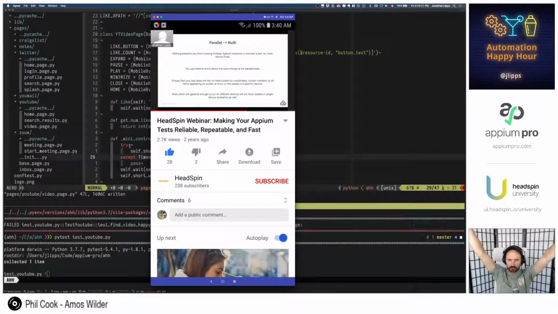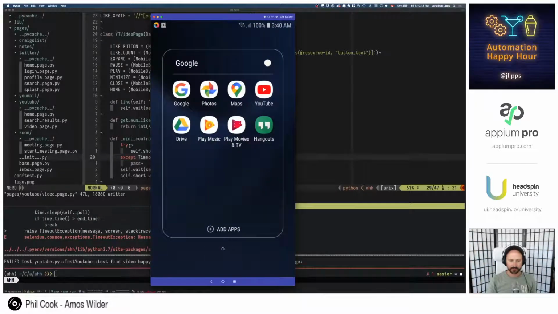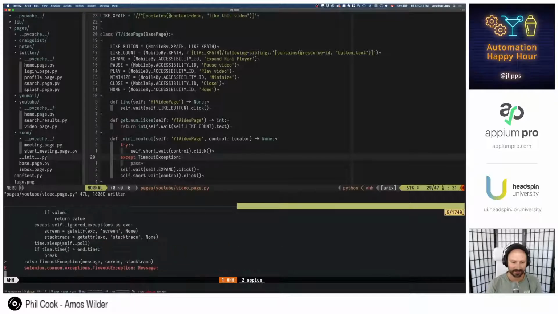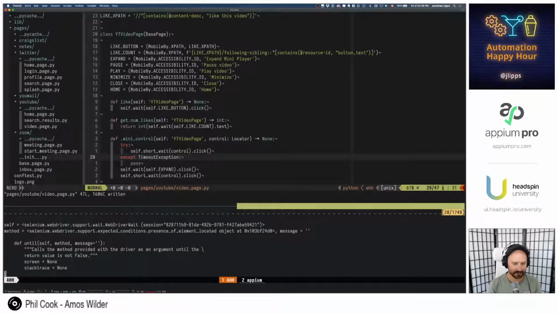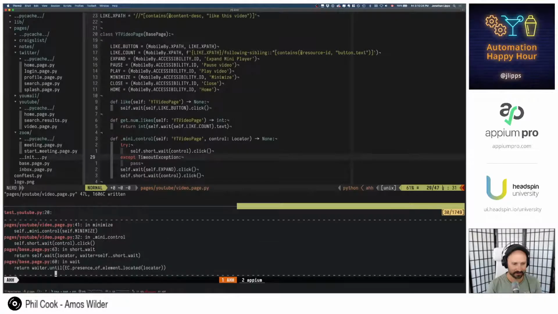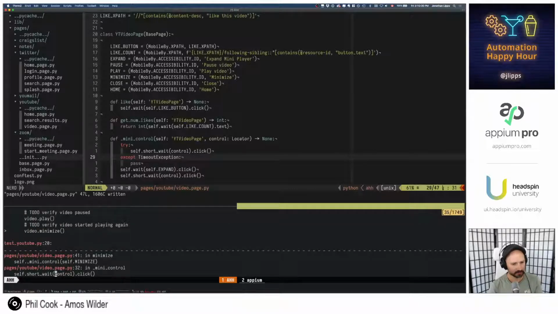No. That's not what we wanted to have happen. And it looks like we were still trying to minimize.